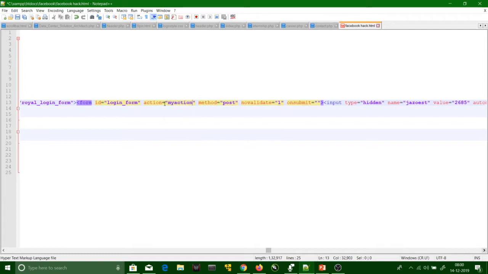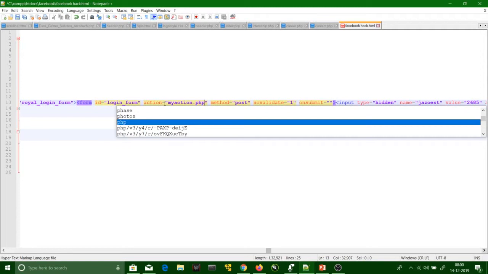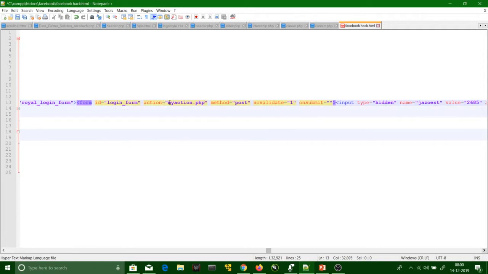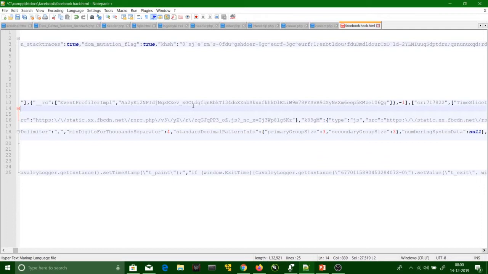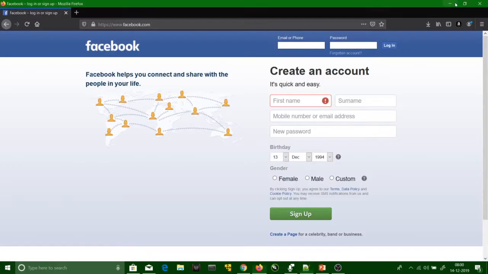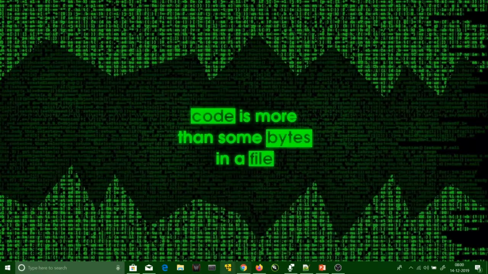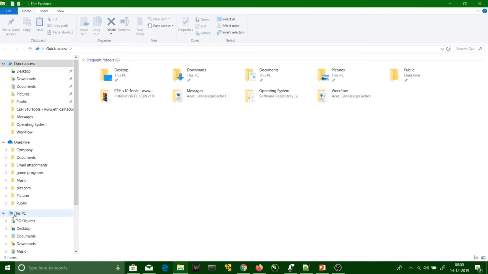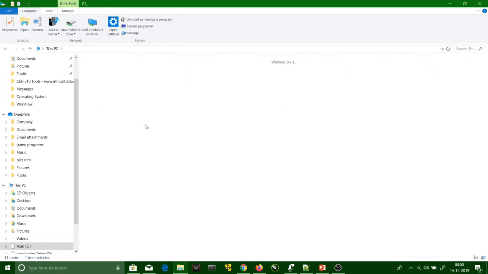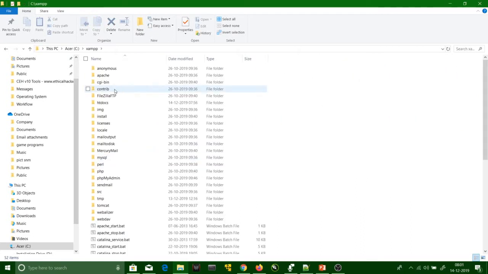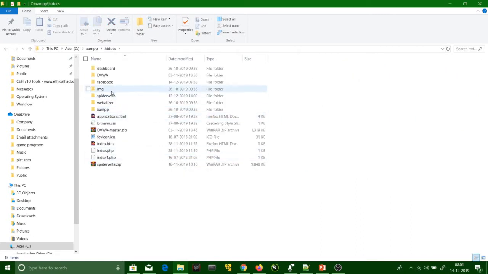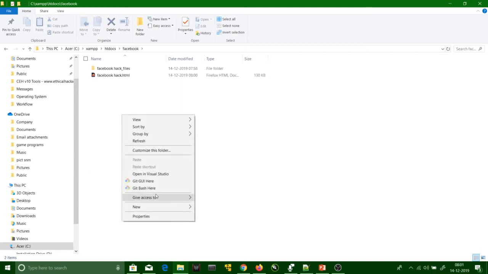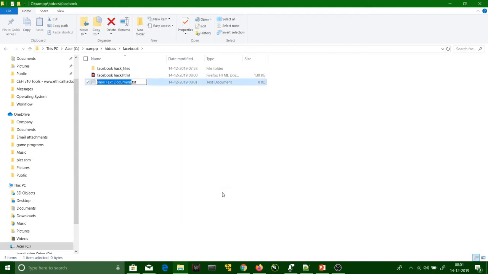my action.php. So this page I need to create now, my action.php. Save this, and in the same folder I will create a new file by the name myaction.php.